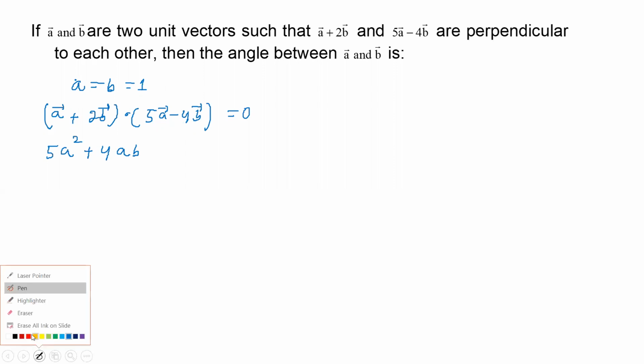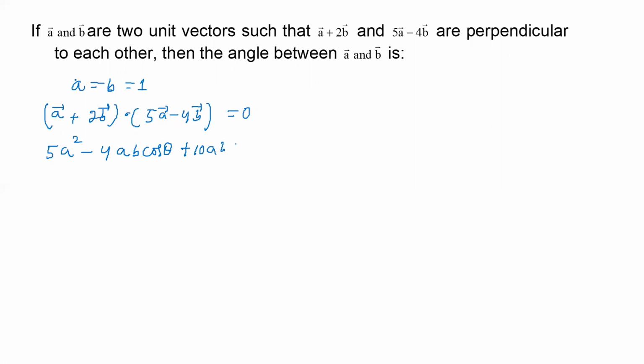So it will be minus. This minus 4 is there. So it will be minus 4AB cos theta. Again, 2B into 4B, how much? Minus 8B square, students? Let's multiply here. 2B into 5A, how much? 10AB. 10AB into angle between them is cos theta. So that is plus 10AB cos theta. In the previous problem, we have also multiplied like this. Then 2B into minus 4B, how much? Minus 8B square, is equal to 0.